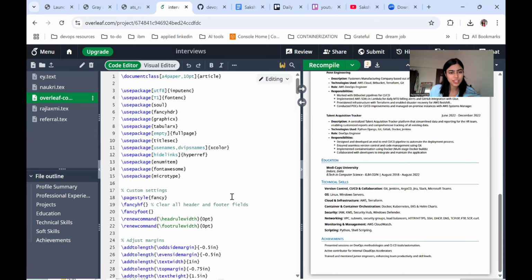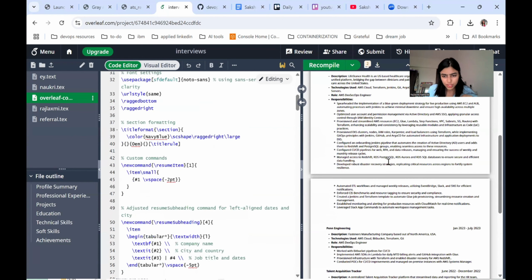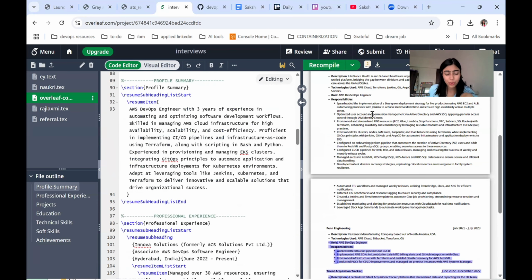I'm going to share this code with you. You do not have to do anything. What you just have to do is copy and paste on the left side, and on the right side, suppose for the profile summary, when you double click on it, you'll get redirected.